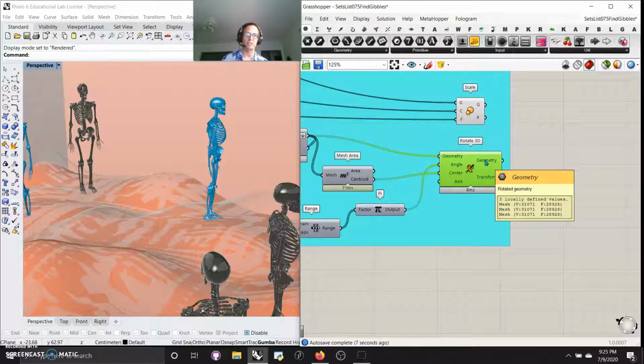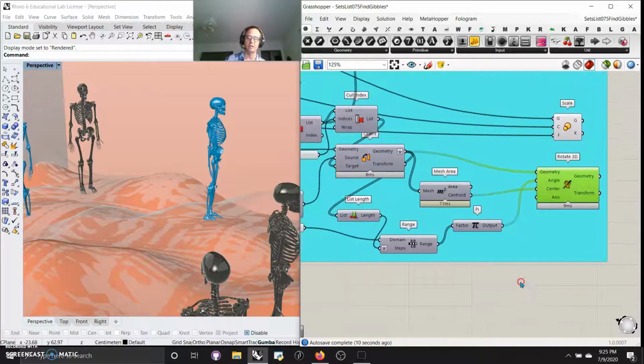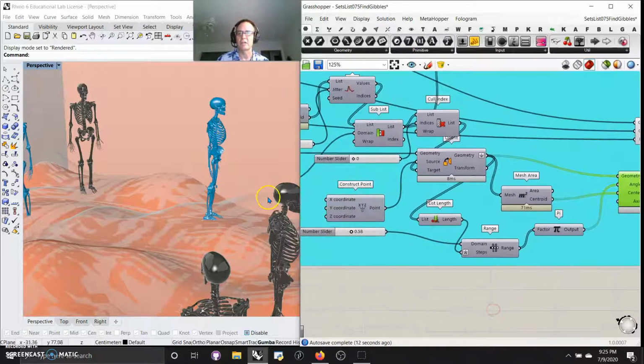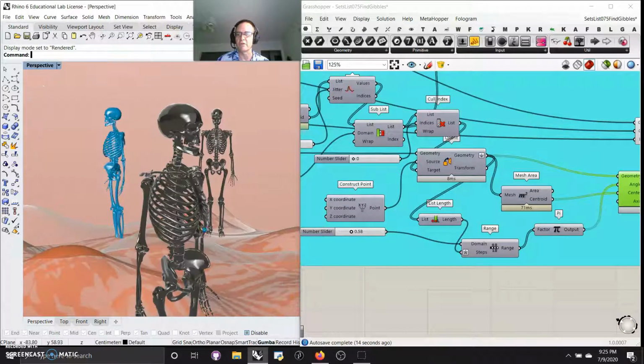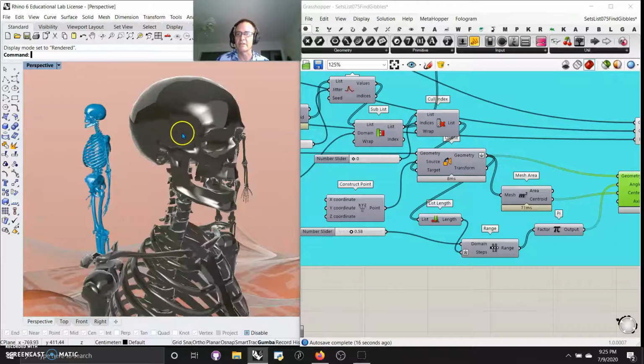Oh, the meshes just went crazy. I forgot how many meshes were in each one. I'm not dealing with solids, I'm dealing with a collection of all these wonderful bones in a simplified mesh if I go in here. And this isn't even the